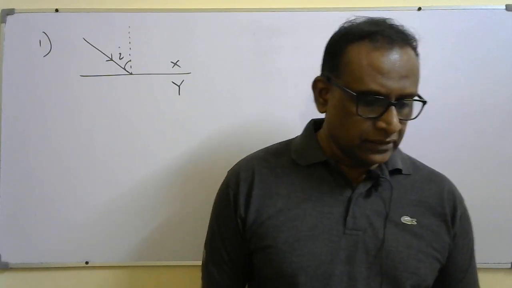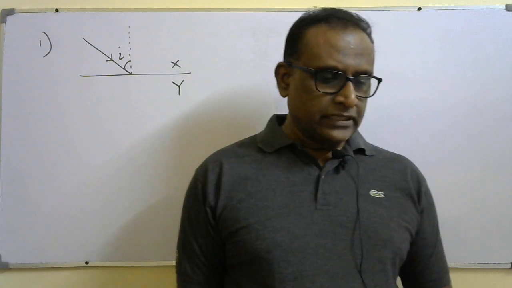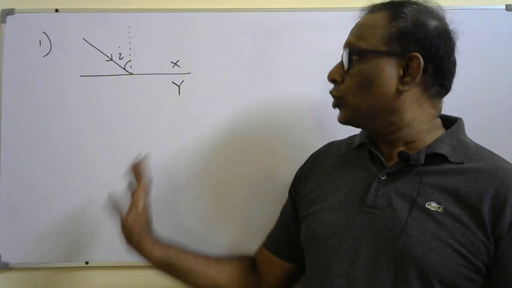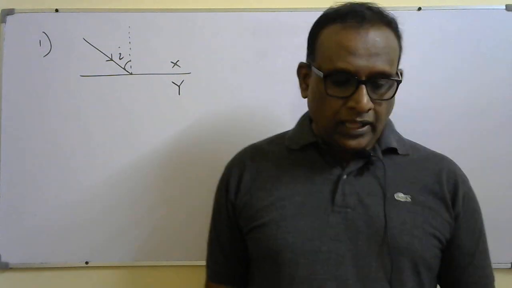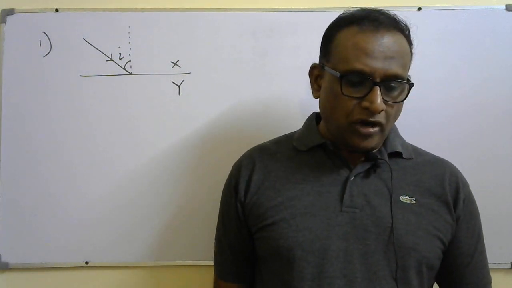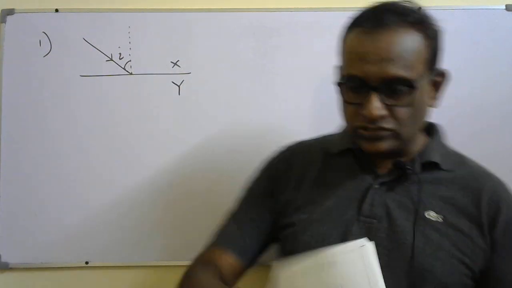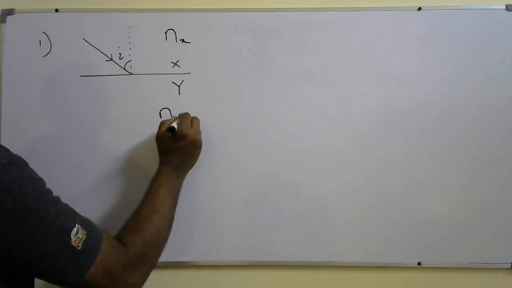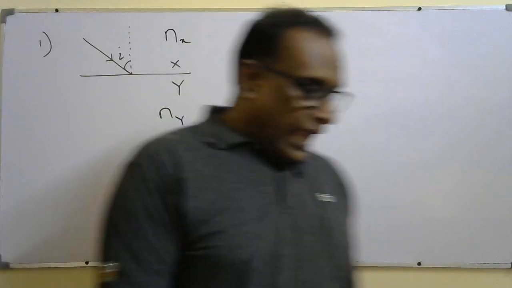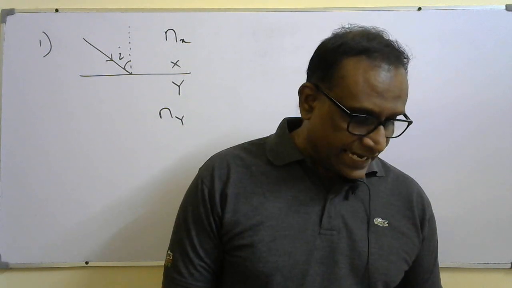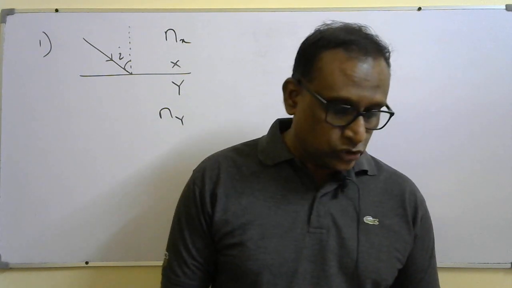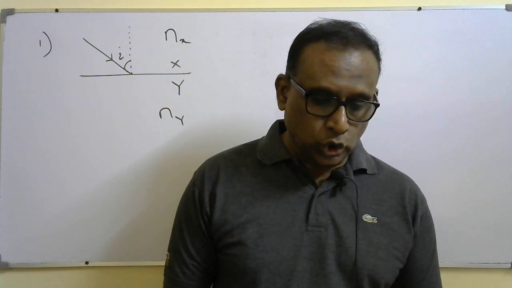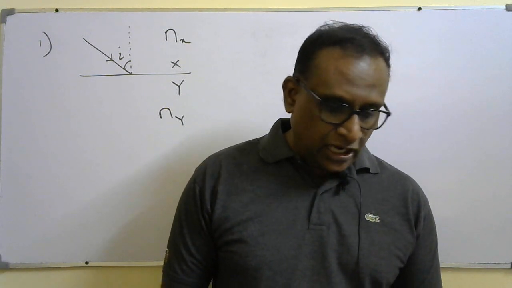Okay, the first question. A ray of light is incident on the boundary between two materials X and Y, as shown. This diagram is given on the paper. The refractive index value for material X is Nx. So this material has refractive index Nx and this has refractive index Ny. Four different statements are given. The statements relate to which row of the table gives the conditions required for total internal reflection to take place